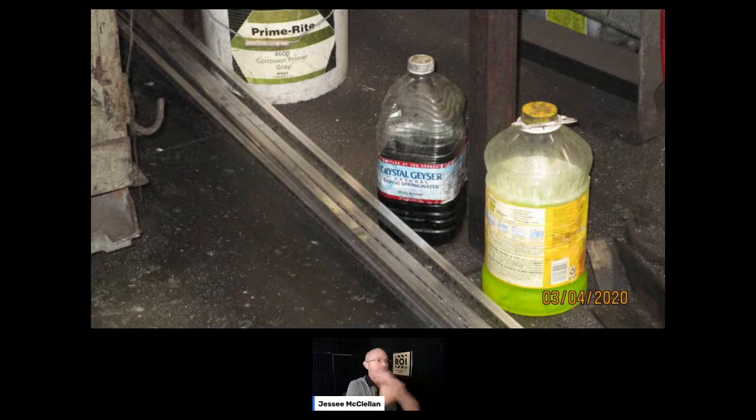This shop is a casting facility. They do very large castings, and they use a lot of oil and cleaners and all kinds of stuff. And they're using a geyser bottle to store, I don't know what it is. I think it's a lubricant, but it should have a label on it. Okay. And you can see next to it, there's some kind of primer paint, but everything needs to be labeled correctly. This could be a problem for whoever this is.